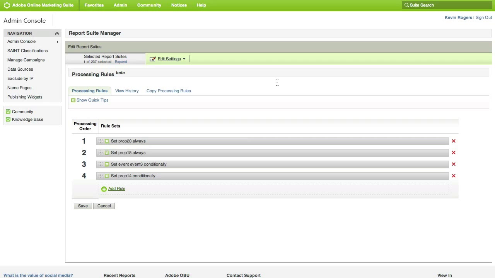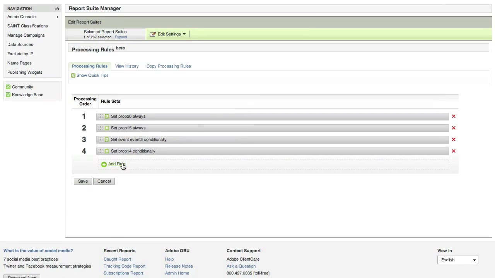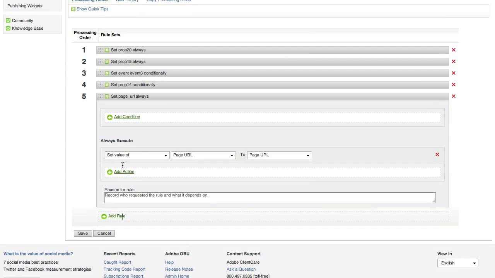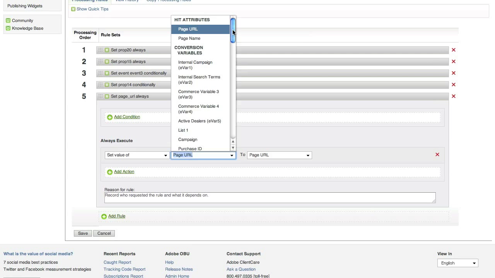So once you have your context data variable set, you're going to have to use processing rules to decide what should be done with that variable. In the processing rules, I'm going to add a new rule, and I'm going to set the value of my context data variable and put that into prop 1. So I'm going to set the value